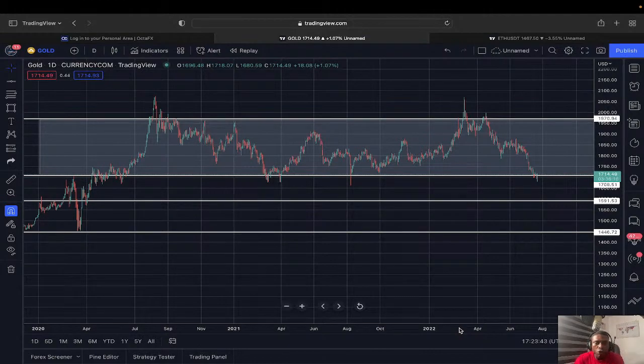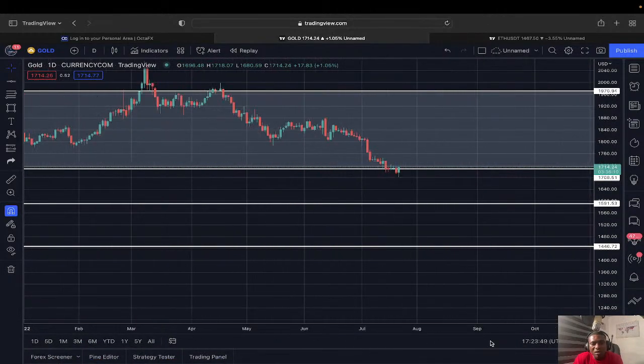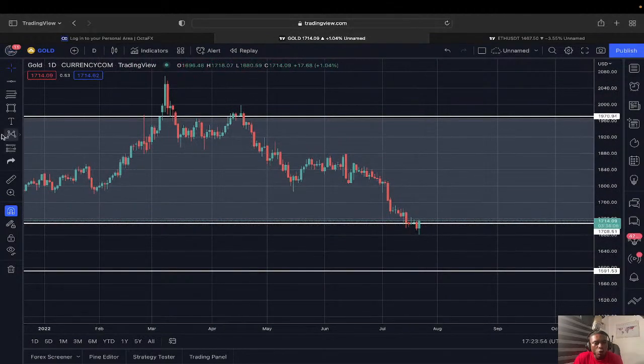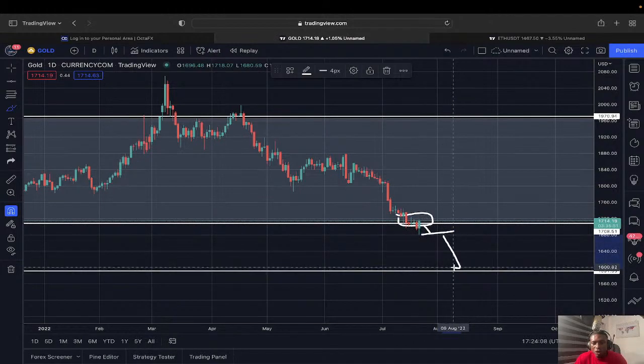Look at what we are doing now on the daily time frame. Now we can see details of what is happening here. If you look closely at this region, it's a very solid region to watch, because of course price could reverse, and then a continuous fall in price. Gold will continue to fall to $1,500. However, you also need to wait for a confirmation.